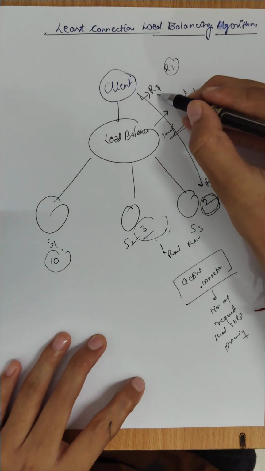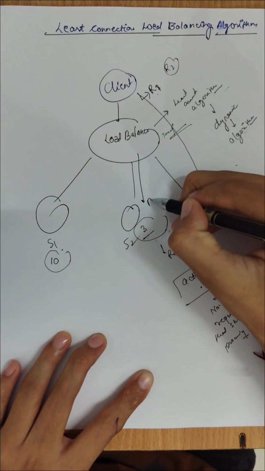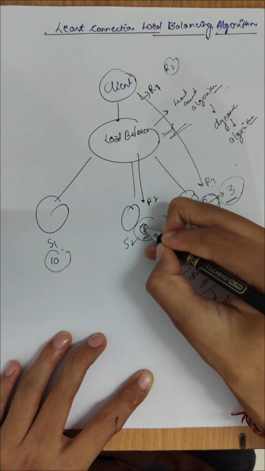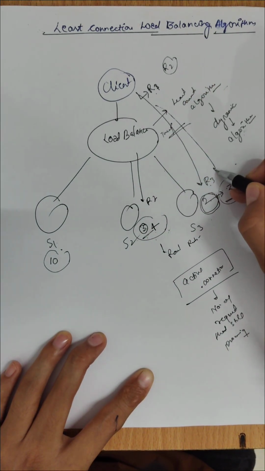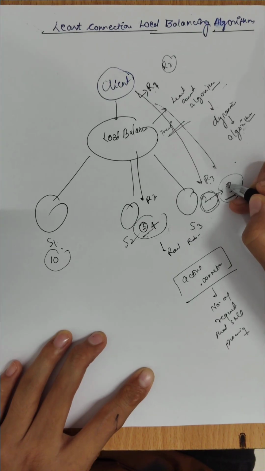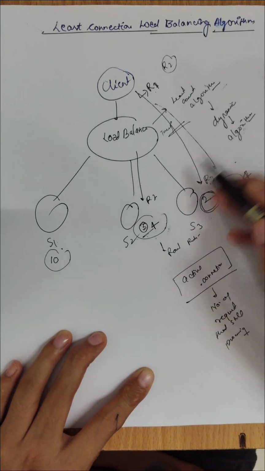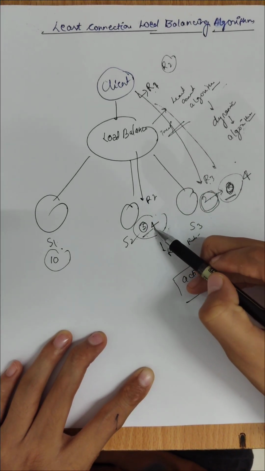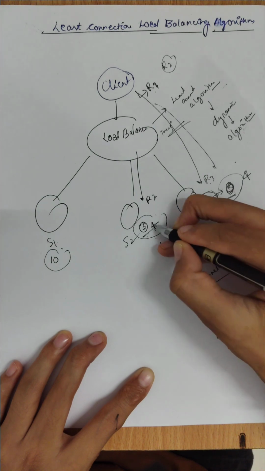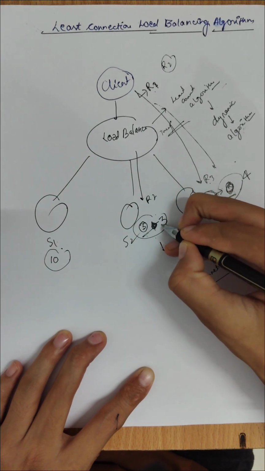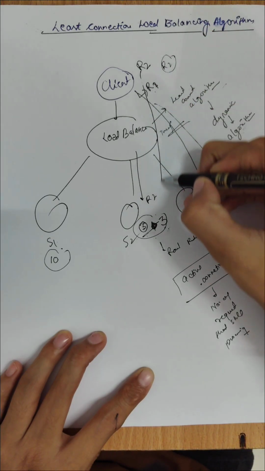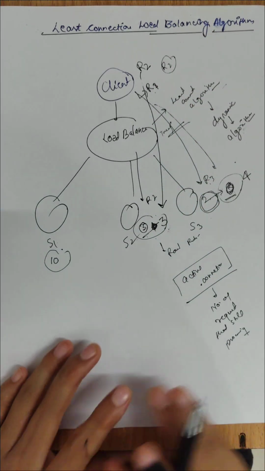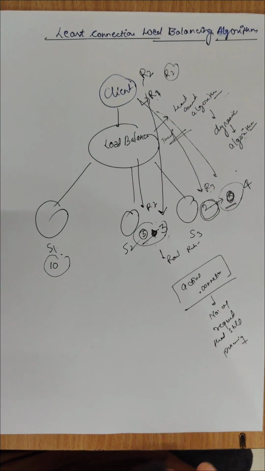Let's say a request came, R2, so R2 will pass on to this server and its active connection becomes 4. And let's say a request passes on to this server and its active connection becomes 4. And now let's say this request was resolved, so now how many requests does it have? Let's say 3. So now the next request that comes will pass on to this server. Okay, so that's how least connection works: the request will pass on to the server which has a lesser